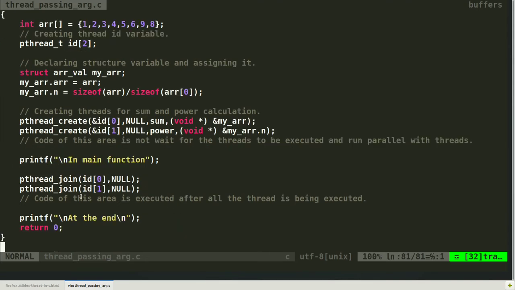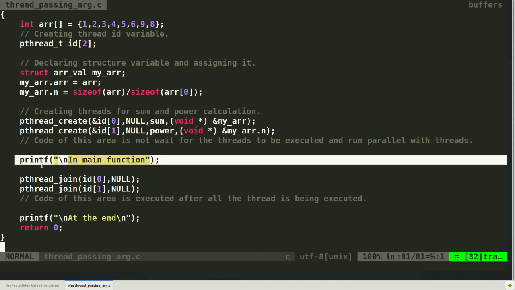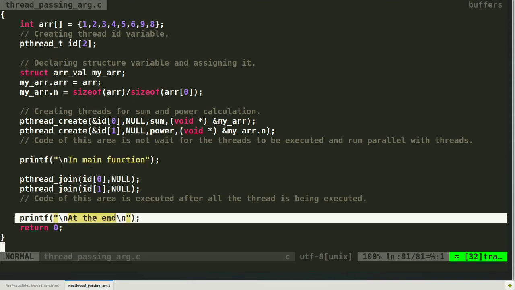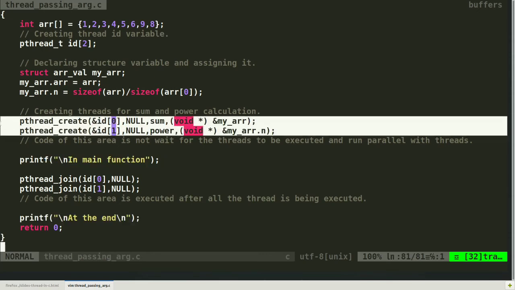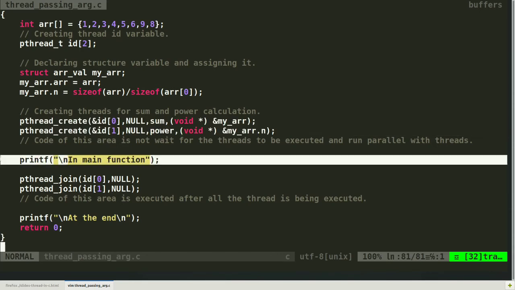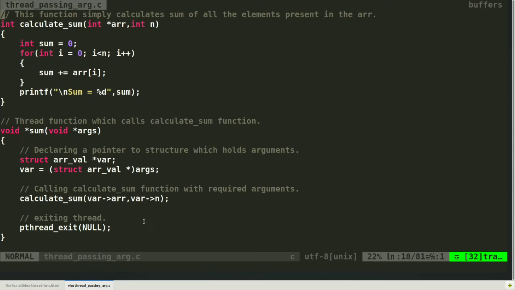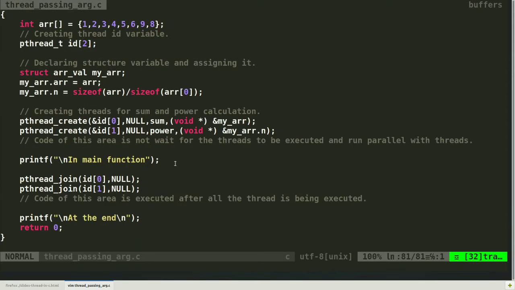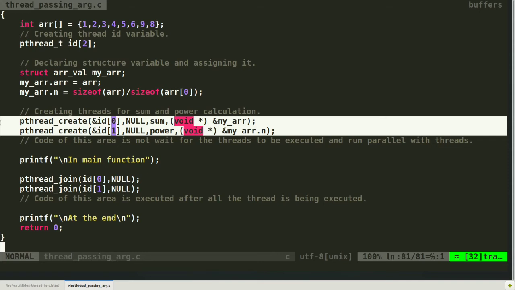Whatever code you give after the join function is going to be executed after the full execution of our thread. We are providing a print statement here. This is going to be executed asynchronously, but this is going to be executed synchronously. Asynchronously means this print statement does not wait for these two operations to be completely executed. So this will execute first because it is a lightweight task, while calculating power takes some time, and calculating sum also takes some time. So in my opinion this statement will execute first, and after that these two will be executed one by one asynchronously, parallelly you may say.